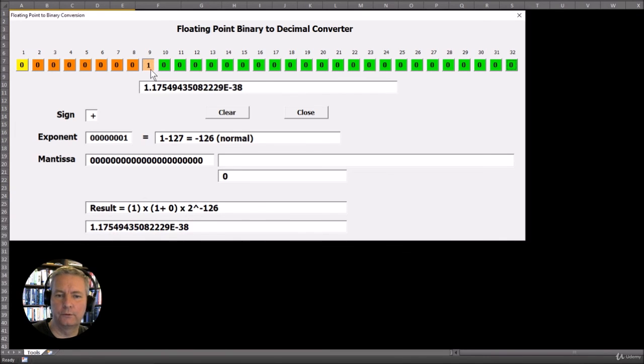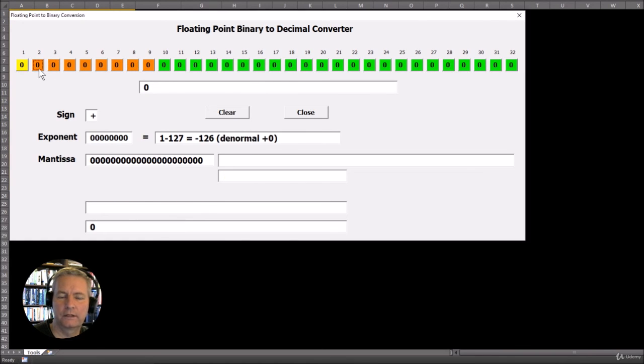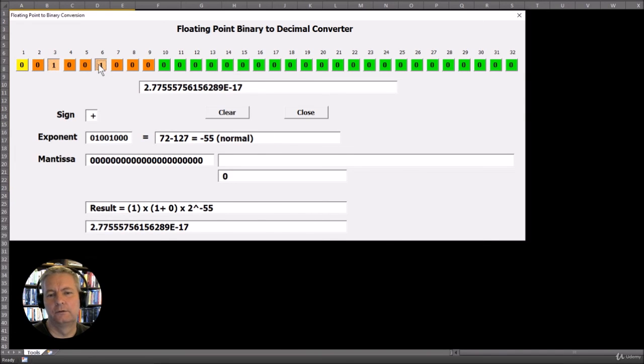So it's quite a useful tool, and you can mess about, and whenever you go to work through the examples in the quiz, you can always use this as a check to see that you've actually done it properly. So this is the tool that we're going to use for the floating point binary to decimal conversion. So in the next video we'll have a look at the other tool that we're going to use, which is going to be the decimal to floating point